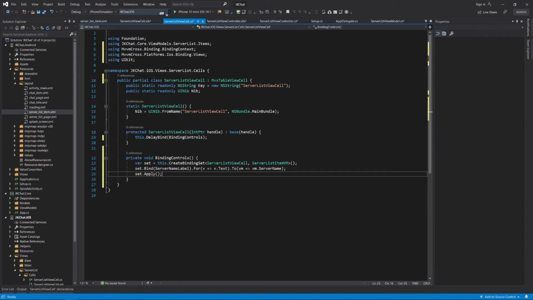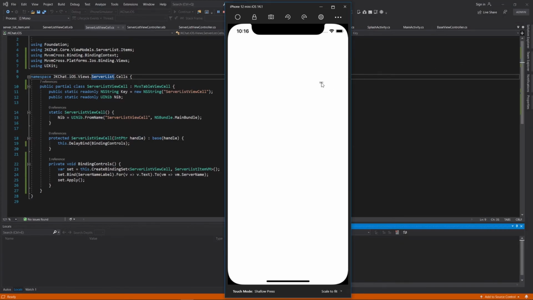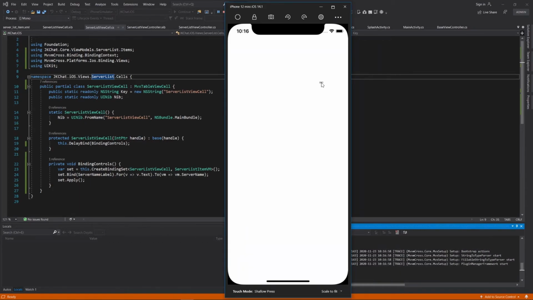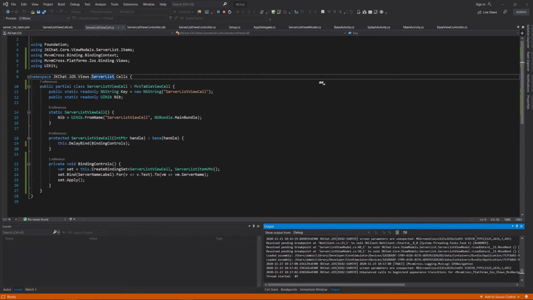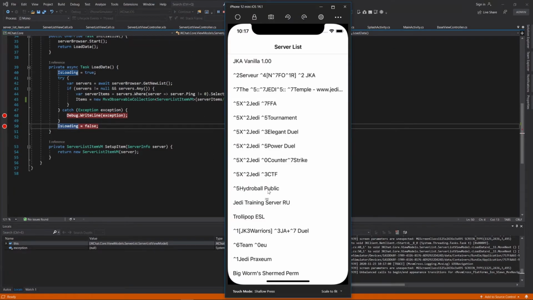And I think it will work. Let's see. Yeah, it loaded a lot of items. Yeah, it works. It really works, but I cannot scroll